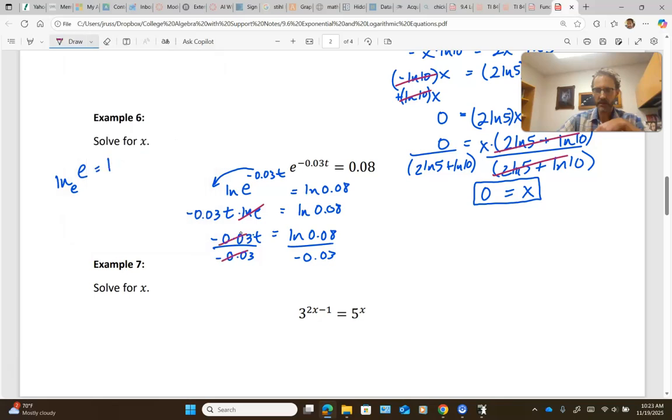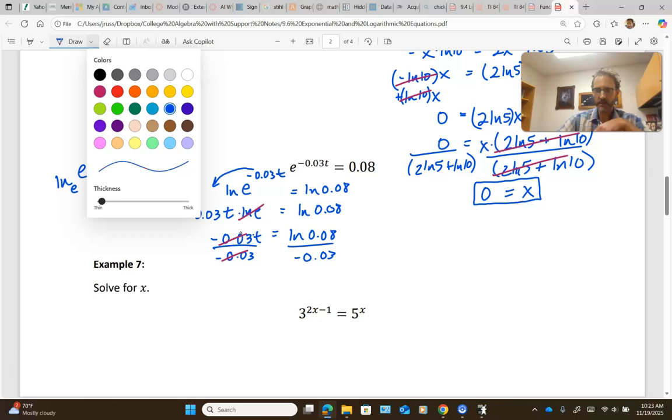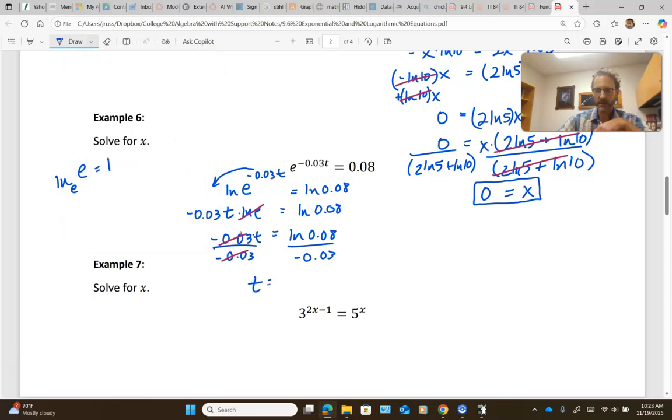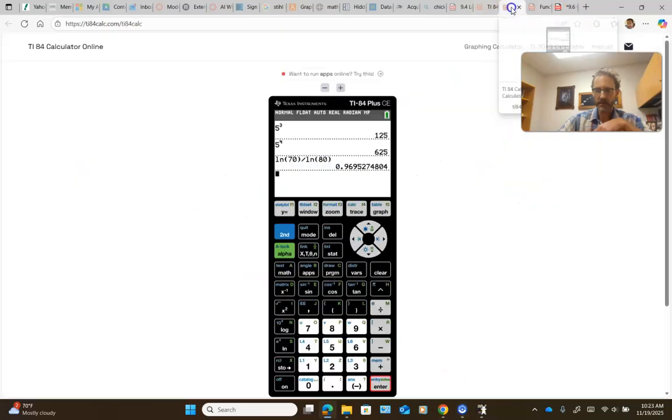On the left-hand side, those coefficients divide out. This will leave me with t is equal to all of this. Okay. The natural log of 0.08 divided by 0.03, and I'll get a decimal approximation for t. The natural log of 0.08 divided by negative 0.03, and we get,